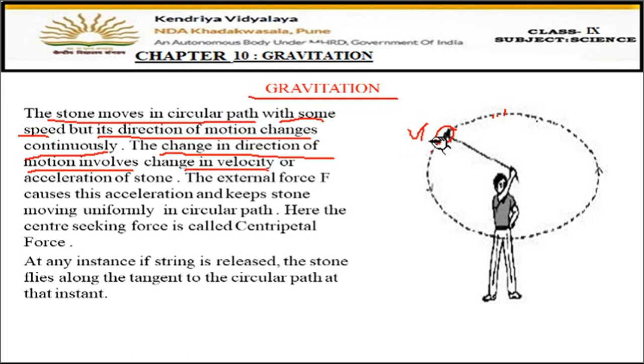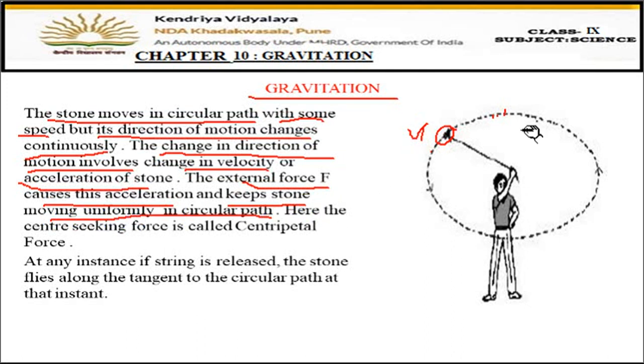So with the change in the direction of motion, velocity also changes, and because the velocity changes, acceleration is produced in the stone. Because what is acceleration? Acceleration is the change in velocity upon time, right? So direction of motion changes, which brings a change in the velocity, and due to which acceleration is produced. That's why we call it that the stone is moving in uniform acceleration. And because it is changing, then the external force F causes this acceleration and keeps the stone moving uniformly in